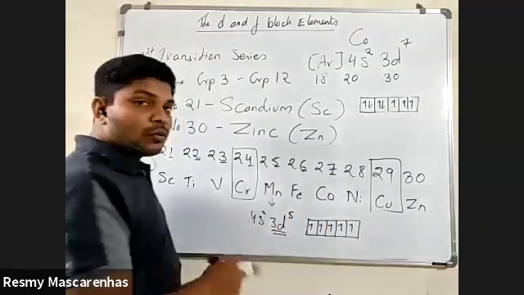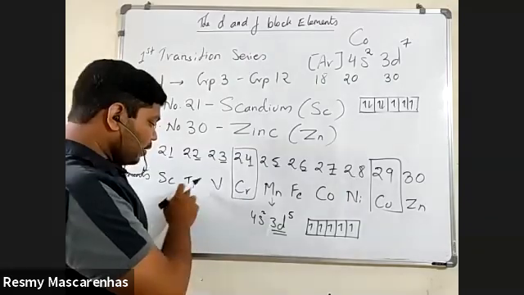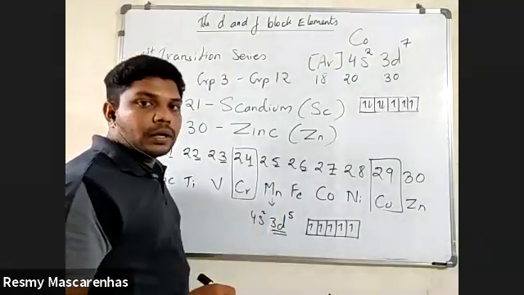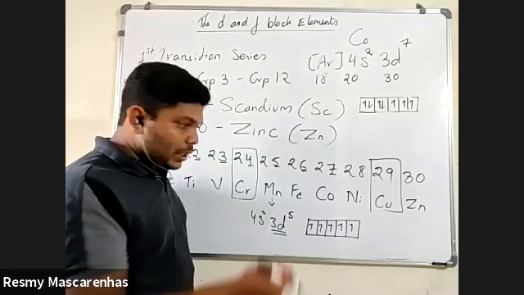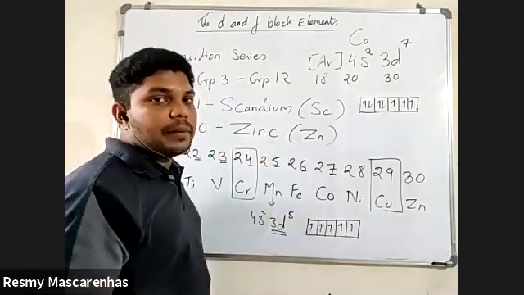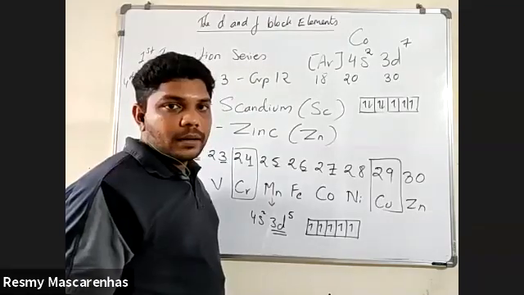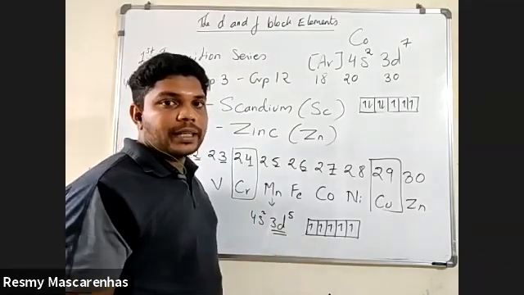Like this you can see for Fe, for cobalt, for chromium, vanadium. You should know, because questions are asked in competitive exams, because based on the unpaired electrons many things can be asked. Magnetic property you can explain.